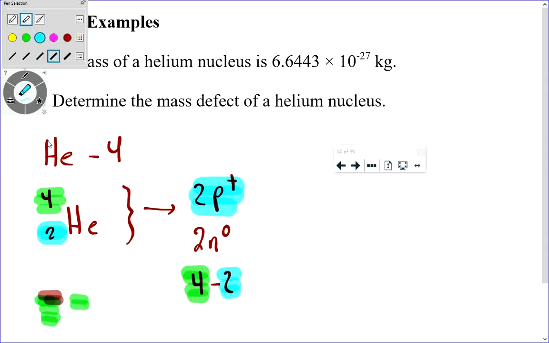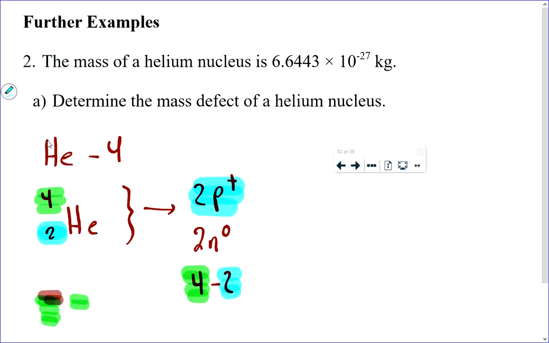And you need to be able to do that no matter how small or big the nucleus is, because what you need to do now is take 2 times the mass of a proton, 2 times the mass of a neutron, so that you can compare that total mass of the pieces separated from each other to the mass of the assembled nucleus. So what I'm going to calculate here is the mass